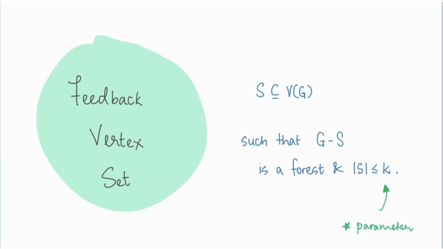So let's begin by pulling up the definition for feedback vertex set. By now this should be a pretty familiar problem. We saw it for the first time when we were talking about branching algorithms, and if you remember back then what we did was apply some reduction rules, after which we said we can comfortably branch on the top so many high degree vertices, and that was the main idea there that led to a running time of the form k to the k. Then we saw it when we discussed iterative compression, and there we improved this running time to 5 to the k, and today we are going to improve the running time further to 4 to the k,